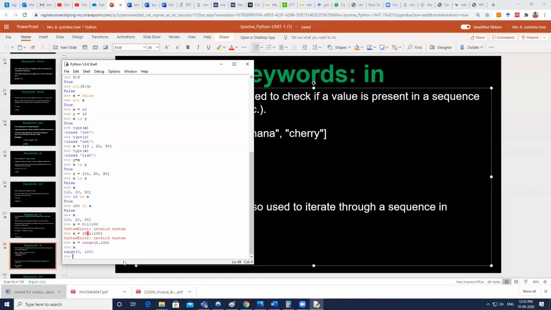So I have created X, which has values from 0 to 100.